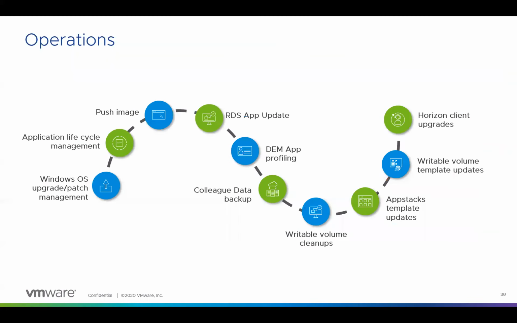When it comes to operations, it is nothing different from what we do on-prem. We still have to go through all of our regular patch management and Windows updates and pushing the images every month. All of this is a regular VDI administrator task that is still the same, even in a federated environment. One advantage we have observed, when you have your connection servers running behind UAGs, be it external or internal, is that we can do maintenance with zero downtime.